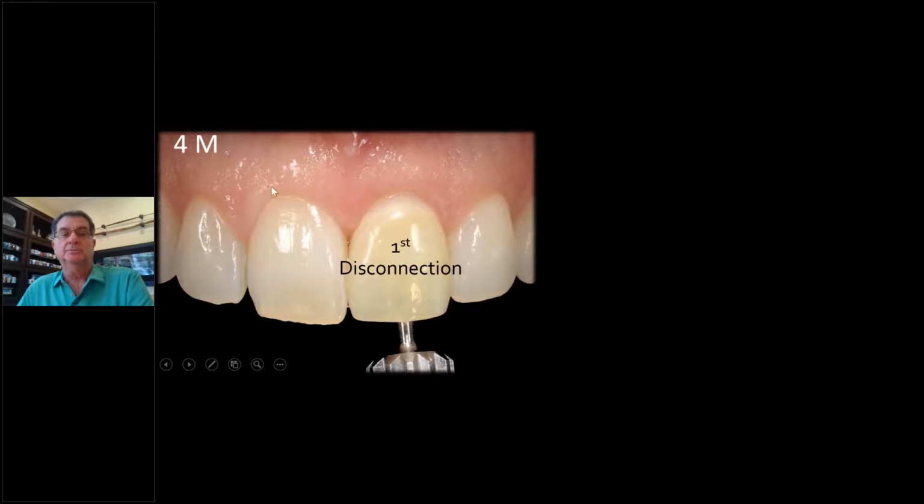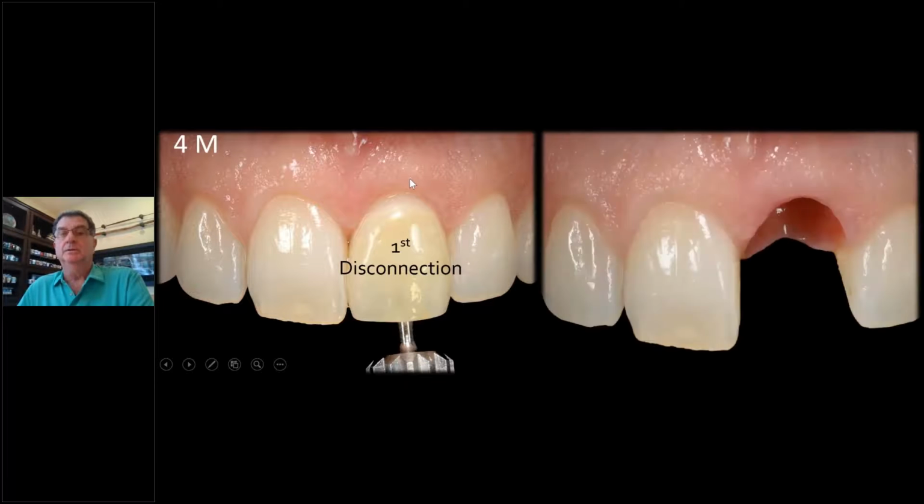Here is at 4 months. Notice we hardly lose anything. It looks beautiful. That's what we like to see. That's because we went palatally, and there's plenty of thickness of tissue and bone now on the buccal. Similar to what Abdul said about narrow diameter implants, it gives you more room on the buccal. Palatal placement is number one, along with the narrower diameter with good stability.